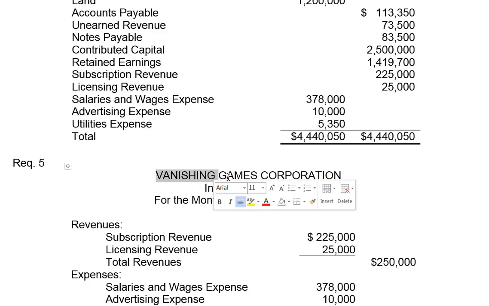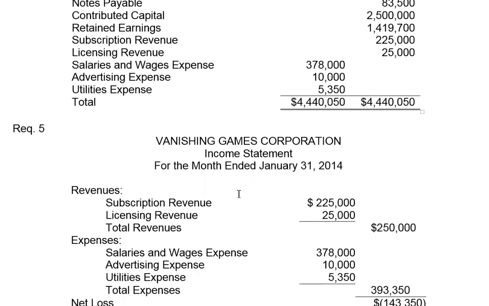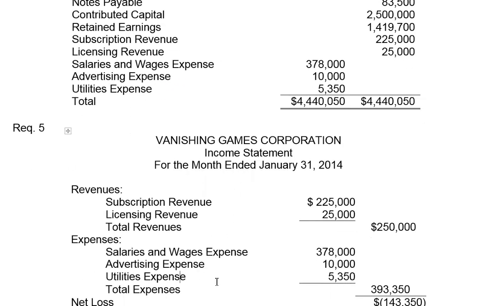So for Vanishing Games, the income statement for the 1 month ended January 31st, 2014, we present our revenues, which we know are subscription revenues and licensing revenues, total them, and deduct from this total our expenses, of which we have 3: salaries and wages, advertising, and utilities. Our total expenses that we will deduct from our revenues would be